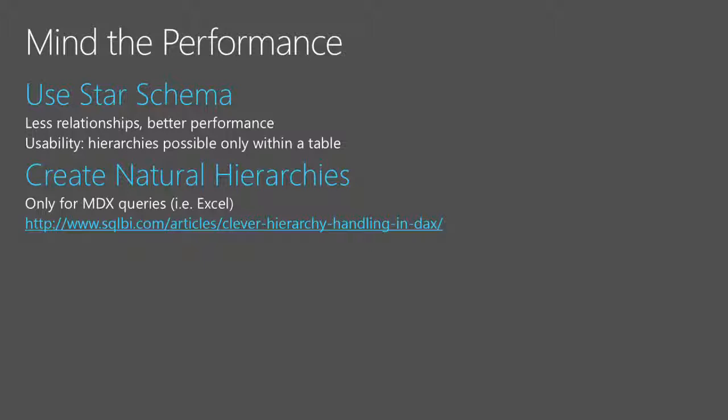But when you use this model from an MDX client, for example, the pivot table in Excel, the pivot table in Excel runs queries in MDX. The engine of Analysis Services Tabular that executes an MDX query over a tabular model has to do some work for the hierarchies. And when the hierarchy is not a natural hierarchy, you may have some issues with the current version of Analysis Services Tabular and of Power Pivot. Which means that it is a much better idea to create a natural hierarchy. What is a natural hierarchy? Simply said, instead of having 12 months, I should have 12 months for every year.